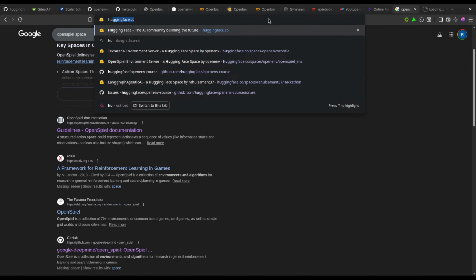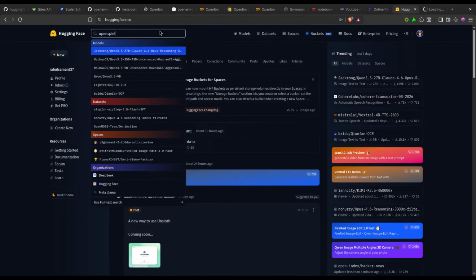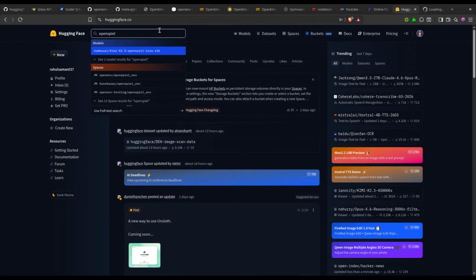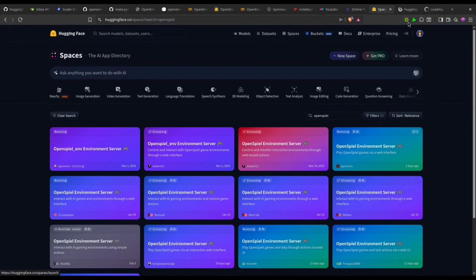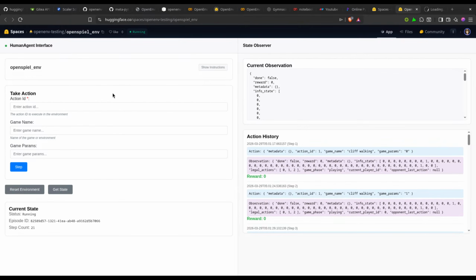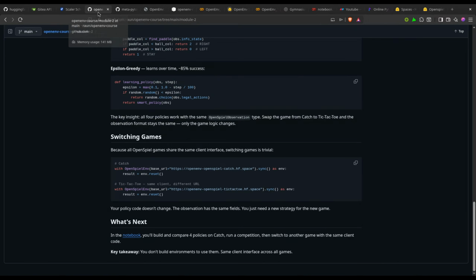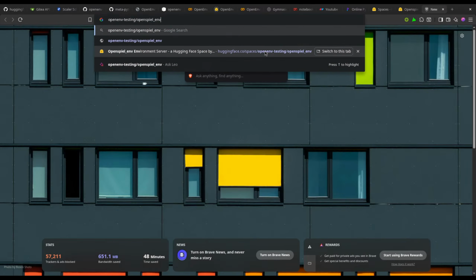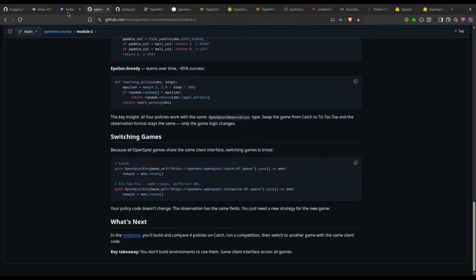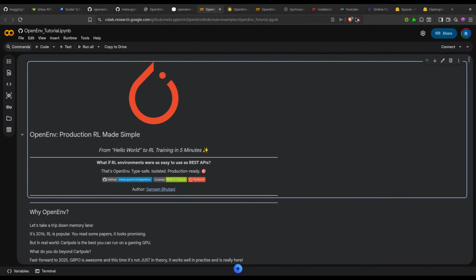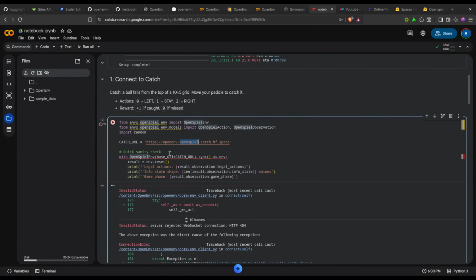Let's try to search it over Hugging Face. OpenSpiel, yeah. Maybe somebody has created a space which is running. I think this is running. And how do we, okay, is this how we can see it? Where was this pattern? Yeah, it was there.